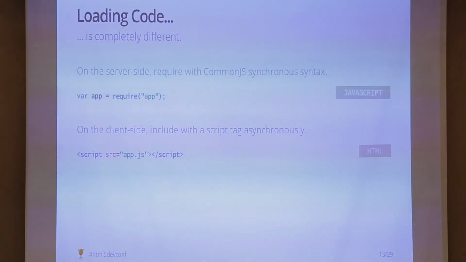And we see here it just has var app equals require app, and that will synchronously hit the file system, pull out app.js, and then execute that code. And then you have the browser, where at the end of the day it's probably going to end up being a script tag, unless you're doing some kind of string fetching and then evaluation on the browser. So this is an asynchronous operation that happens. It pulls the app.js code and then evals it asynchronously, and you'll have to wait till that's complete before